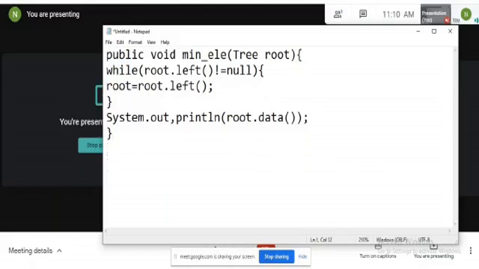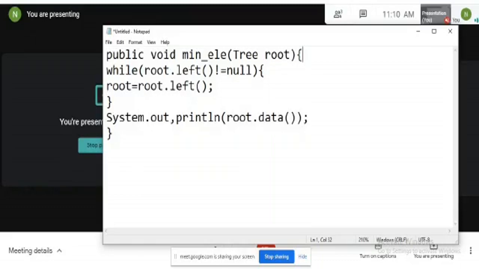So this is a pseudocode. In this, we are traversing to the left side. As we know, the binary search tree is the extension of the binary tree with some restrictions: the smallest element must be present in the left side, and the largest element is present in the right side.